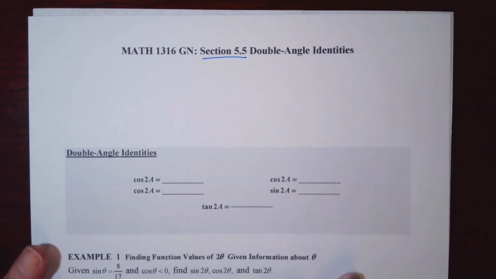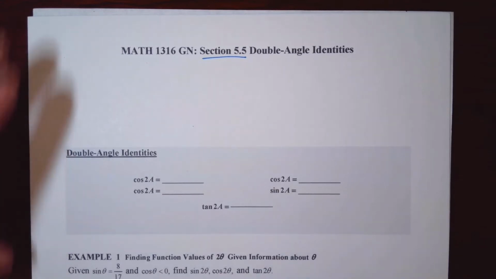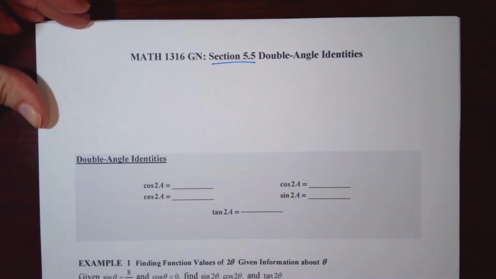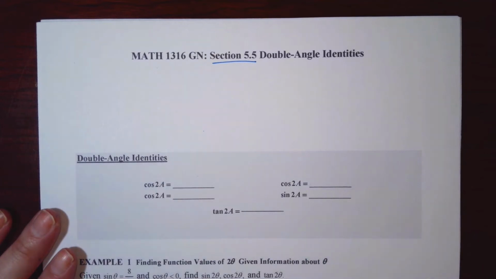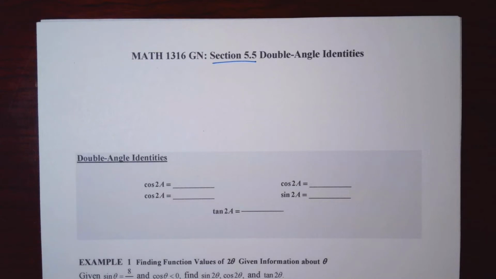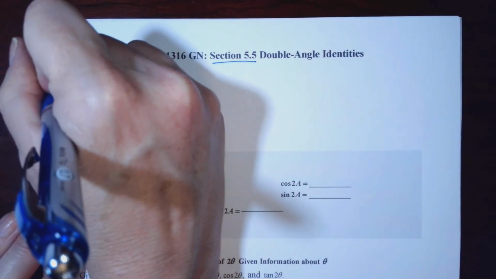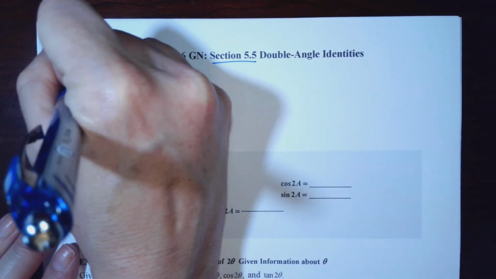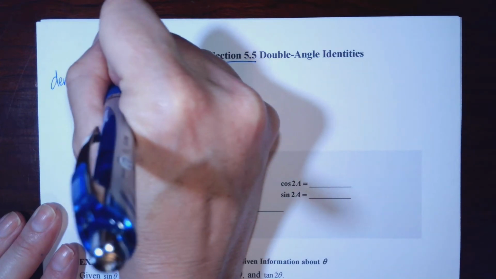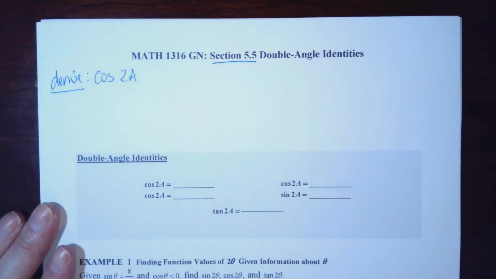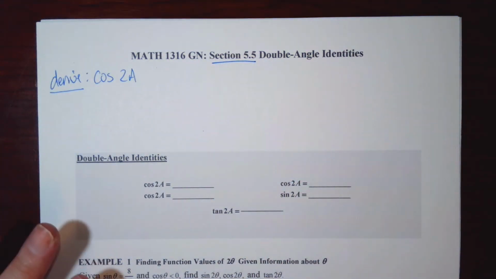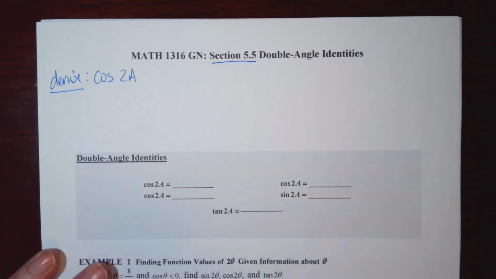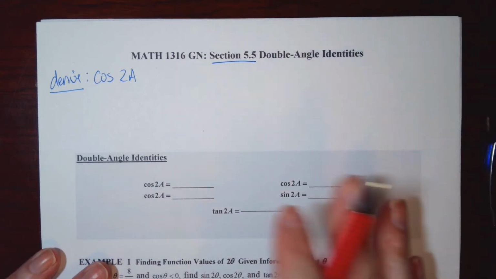Okay, now double angle identities. We derived the sine sum identity, and then we didn't derive the others. We're going to go ahead and derive our double angle cosine identity. We're going to figure out how we get that double angle cosine identity. Now, one thing that I want to point out is that